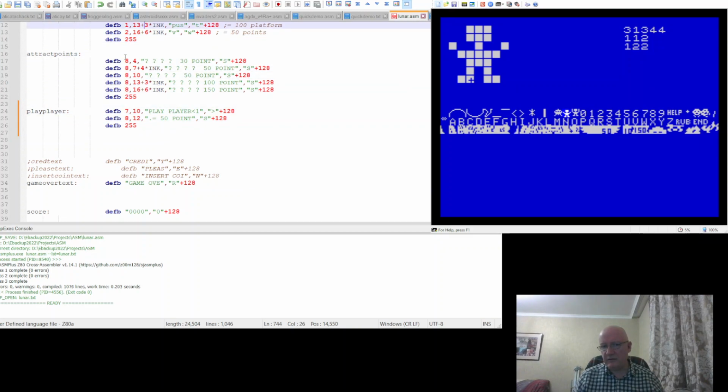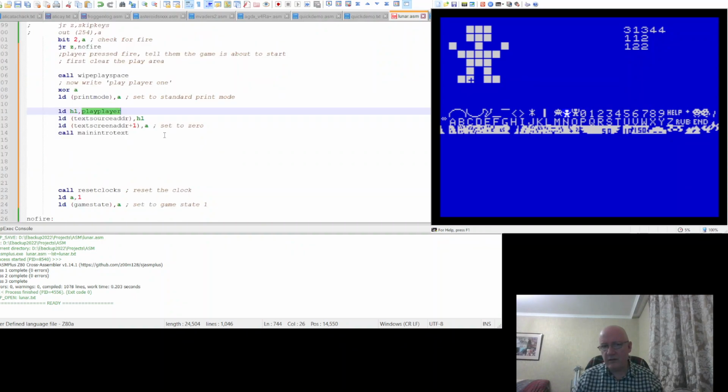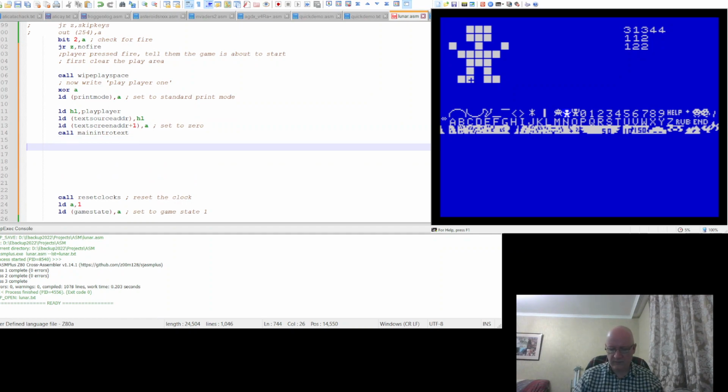Okay, let's see what that looks like, if it works. Just going to freeze it there, right? So print the text, hopefully,